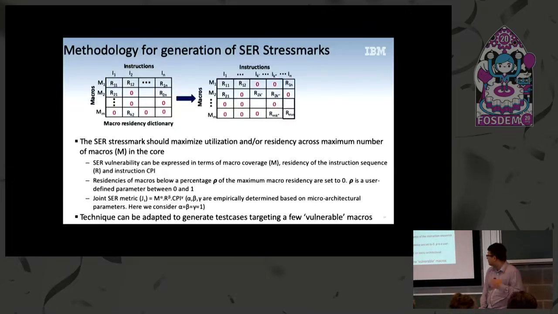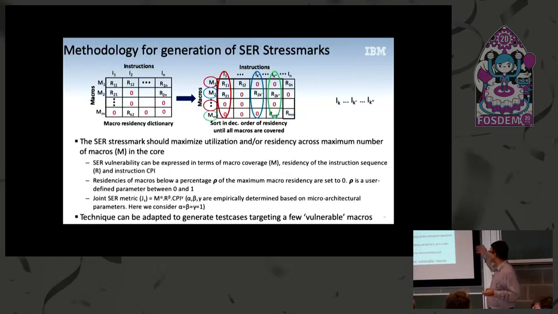So as we go on selecting macros one by one, we will knock out those particular macros from their instruction, and this will continue. We continue successively to select instructions until all macros are covered. And the sequence that is generated in this manner is our skeleton sequence, which can be used to generate the test case. The test case is basically an infinite loop running these sequences of instructions one after the other.